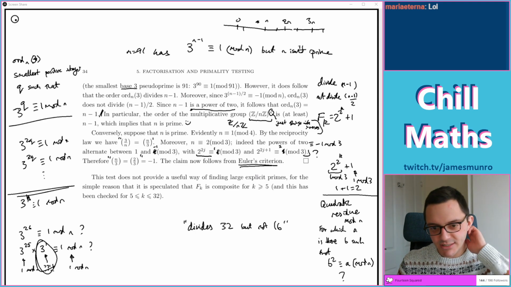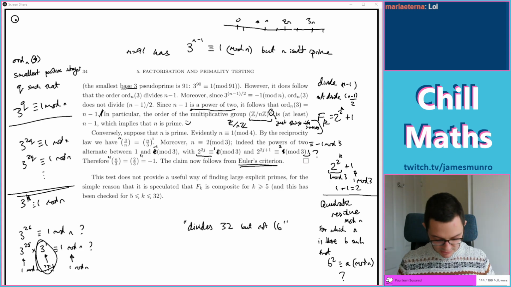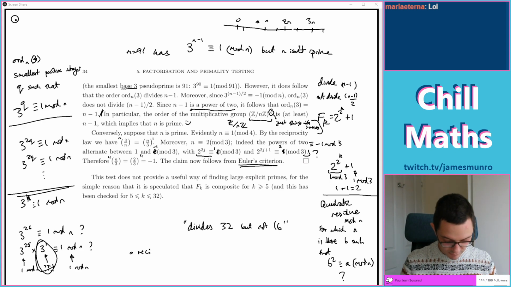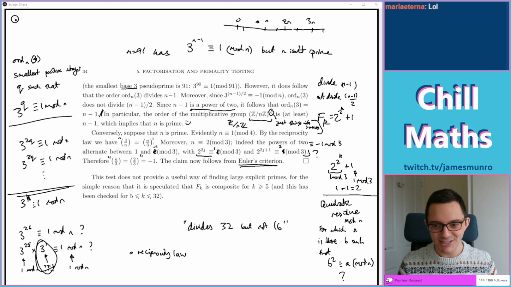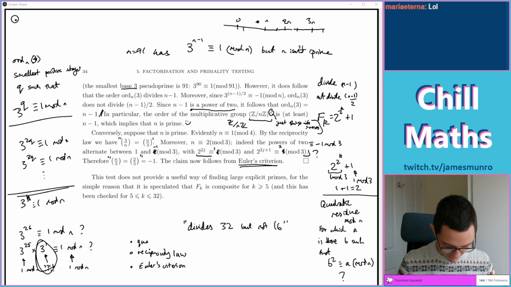So I think to understand this proof, all I need is an idea about the reciprocity law, which I tried to say out loud and it's on the page, hidden in amongst all my scribbling. And I need an idea about what Euler's criterion is. I think I remember what it is, but we'll get there, and I probably want to write down at some point what a quadratic residue is.